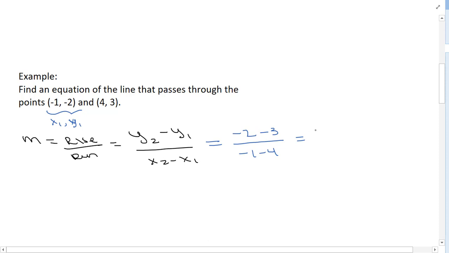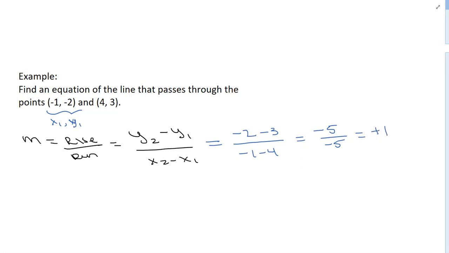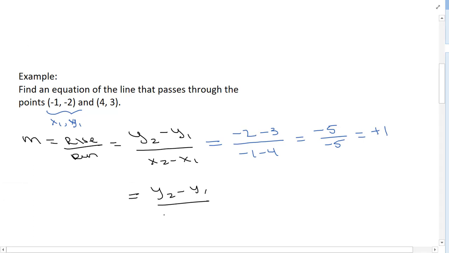And so notice that I end up with -5 on the top and -5 on the bottom. -5 divided by -5 is +1. So that's my slope. Now just to illustrate why you get the same thing, if you did it the other way around,